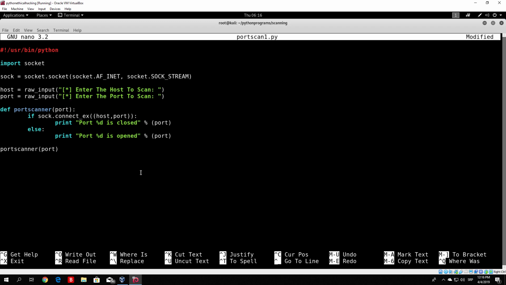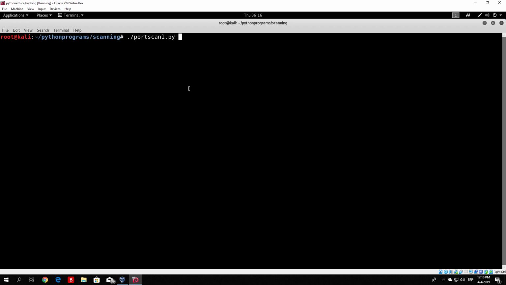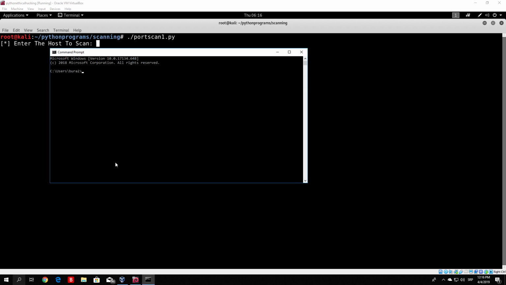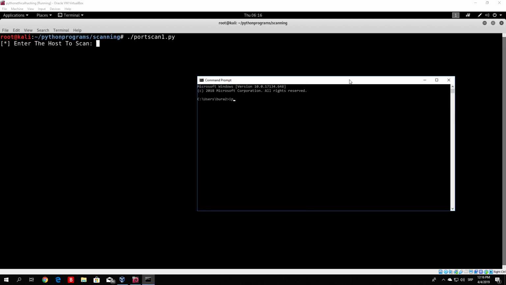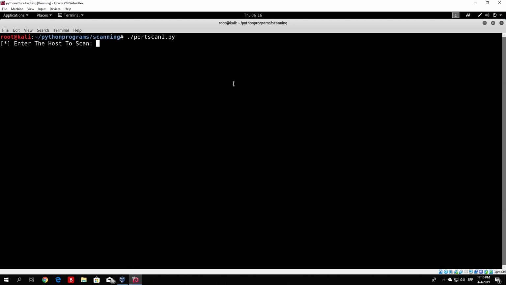and then closed brackets. So as we can see right here, right now if we run this, so Control O to save this, enter and then Control X to exit, and we run the port scan1.py, you can see that right now it asks us enter the host to scan, and it waits right here until we write something. So let us check the IP address of our Windows machine once again, since I restarted my computer since last video, and okay, so it's still .1.4, and if I specify